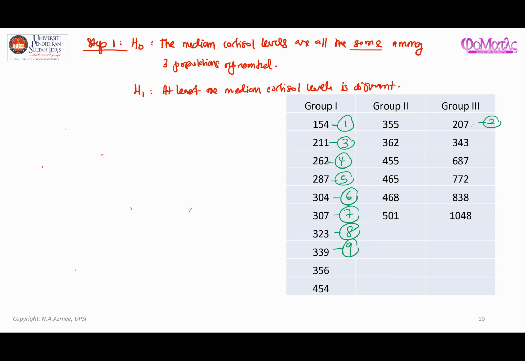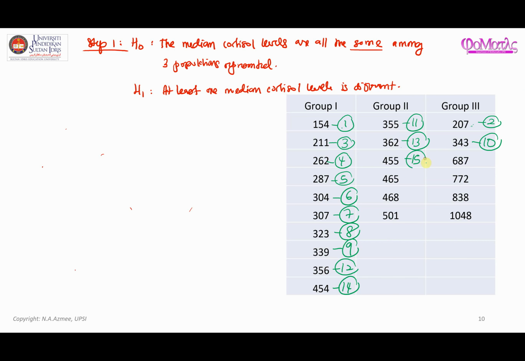And then 339, 34, this is 10, 34, 355, this is 11, this is 12, 356. Okay, next this is 300, 300, this must be 13. And then this is 14,